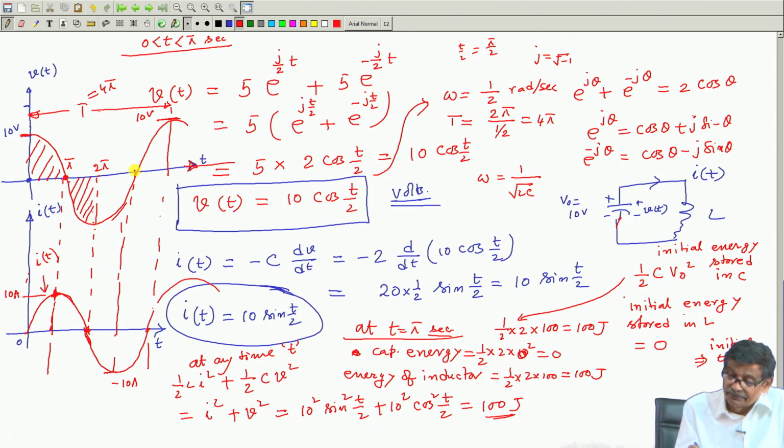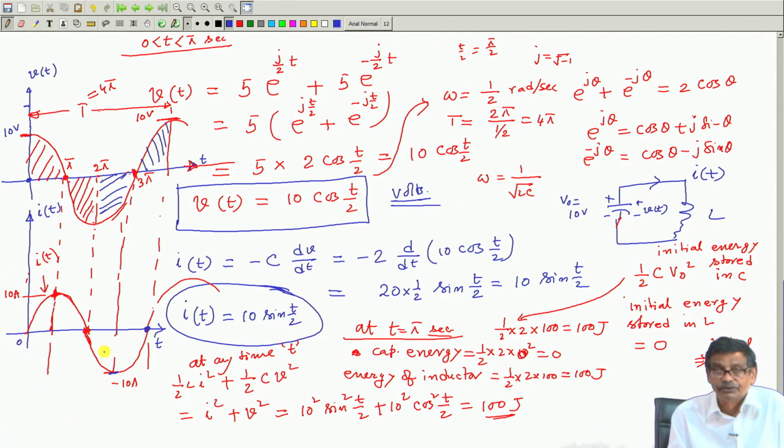From this to this interval, this is 3 pi. From this pi interval, what are we doing? We are still applying negative voltage. Therefore, di dt must be negative, and it will continue like this. So, negative volt second you are applying during this interval, so that current becomes minus 10 ampere, and eventually these two areas are the same and current will once again come to 0.